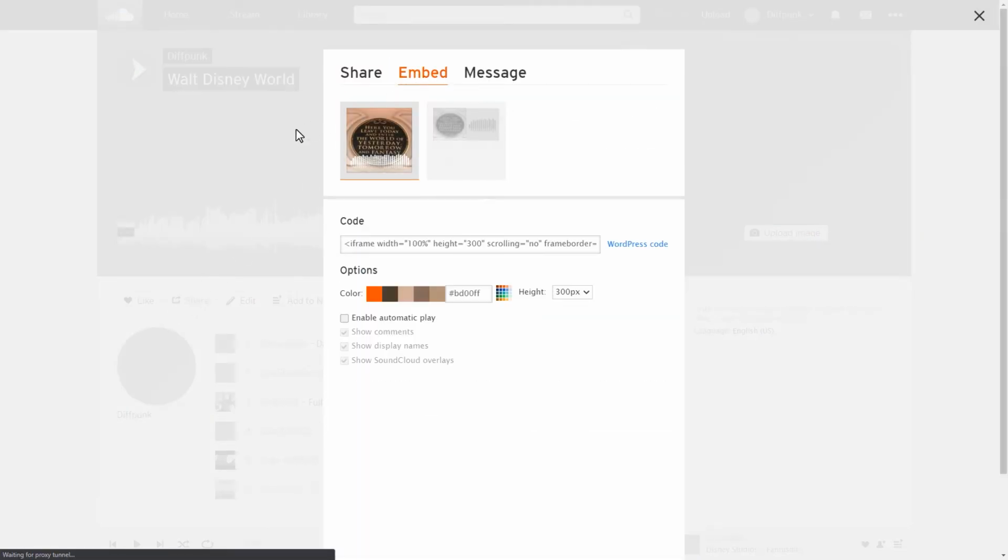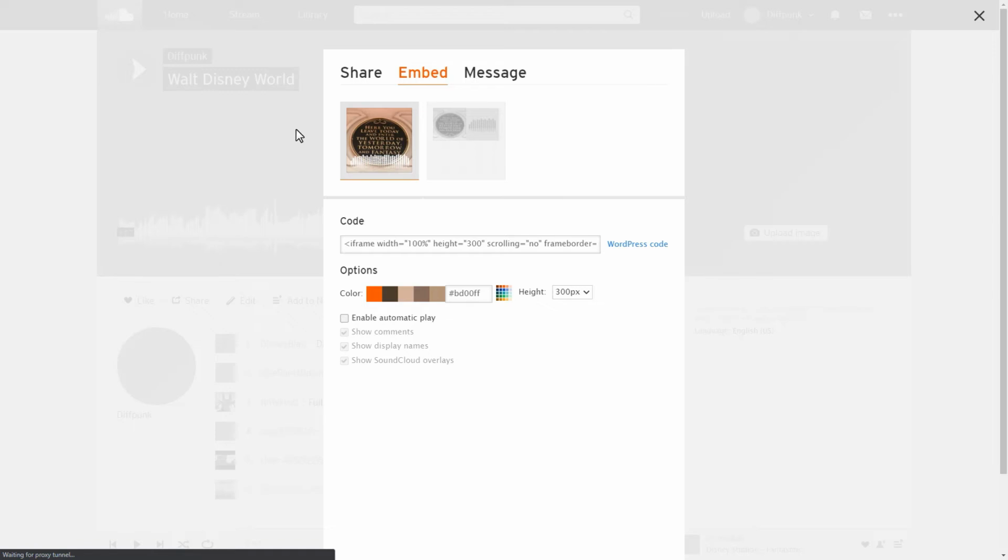If the track or playlist you selected only has a share option and no embed option, you will not be able to embed the SoundCloud player in your Website Builder audio section. In this case, you'll need to find another track or playlist to use, or you can provide a text-based hyperlink to SoundCloud on your site, so that visitors can listen on the SoundCloud platform.